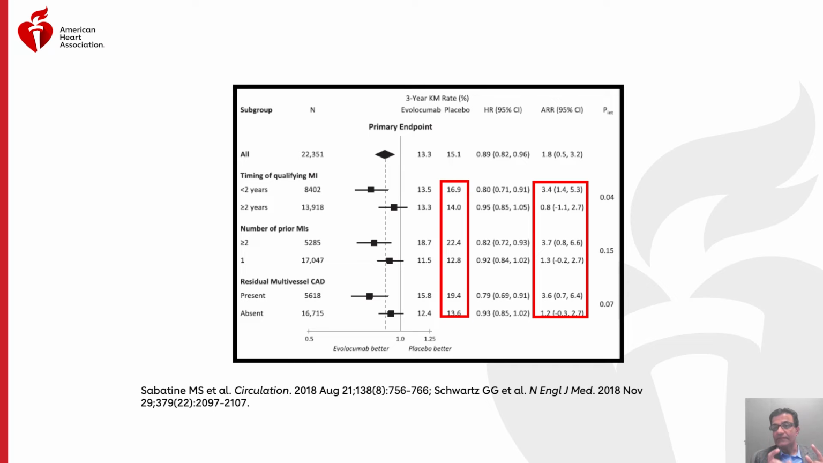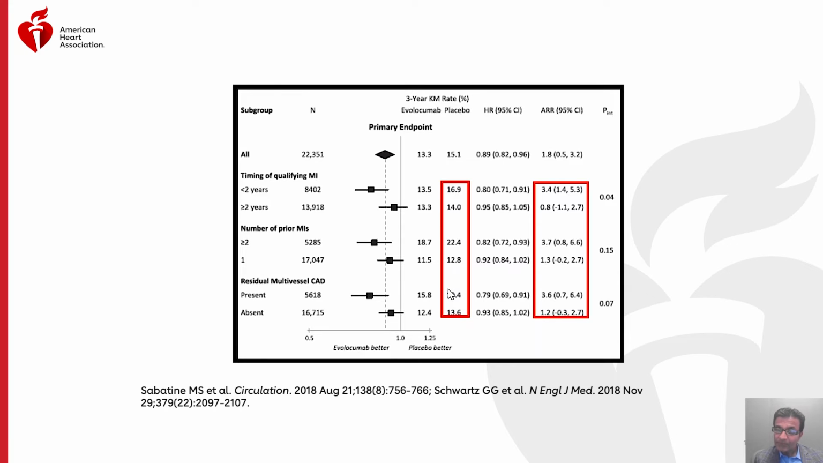What you see here is that if you look at patients enrolled in this trial, and their qualifying MI was more than 2 years ago versus less than 2 years ago, those with a more recent MI in the placebo group, which is statin only, had a much higher event rate. If you had 2 or more MIs, the event rates were much higher compared to those who had 1 MI. And if you had residual multi-vessel coronary artery disease, your event rates were much higher, as one would expect, because